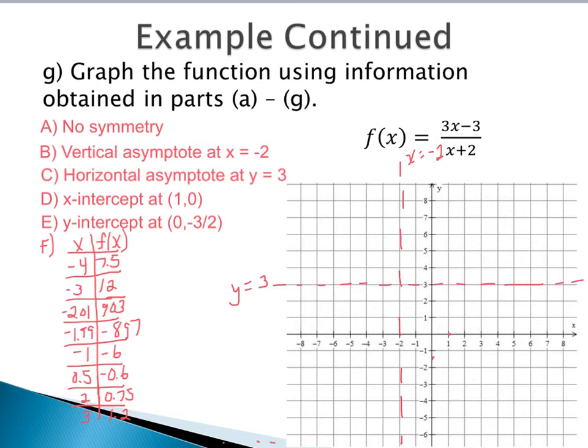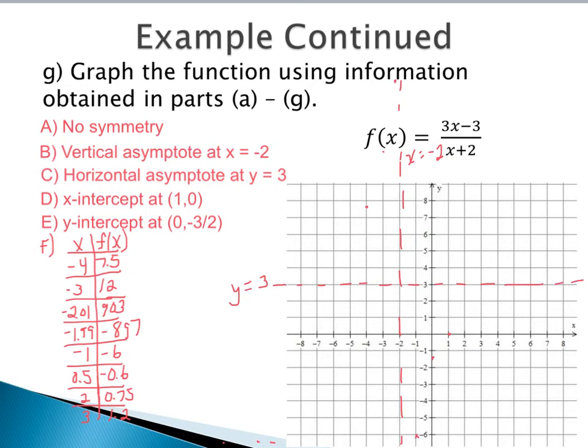So -4 would go to 7.5. Then -3 would go to 12, so it's a little bit off the graph, but we can understand that it's going to be going up here somewhere. With these large numbers, you really don't have to graph them, as long as you understand that the end behavior is that it's going up to positive infinity. If you wanted to put it up there, you can, but it's important to understand that the graph's going to be going up to positive infinity. Same idea with -1.99, that's a really small number, so you're going to be way down at the bottom of your graph somewhere. Then for -1, you're going to be at -6.